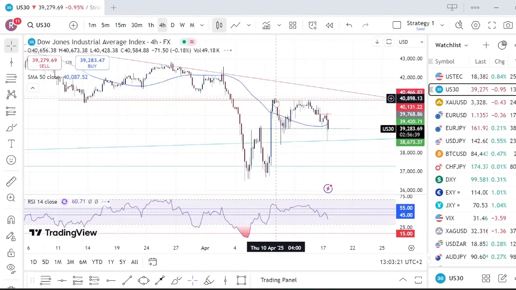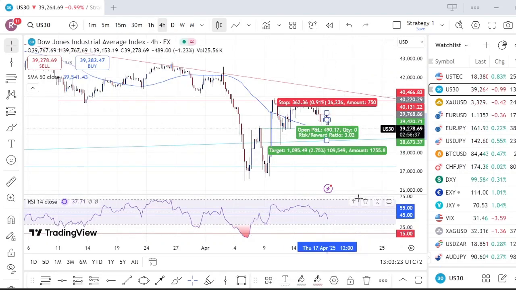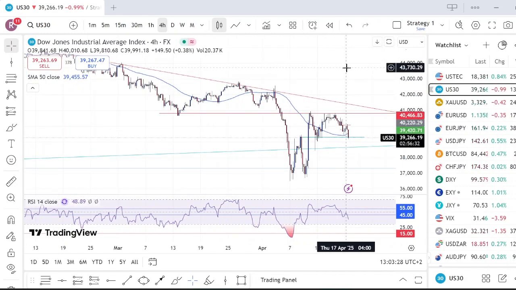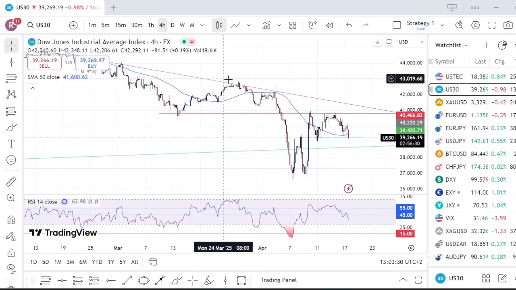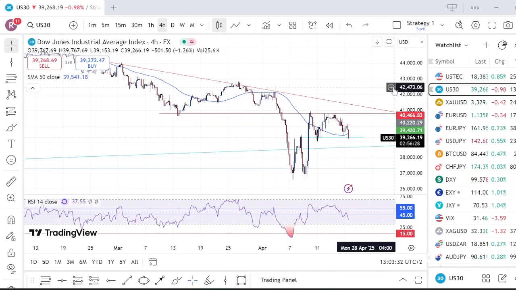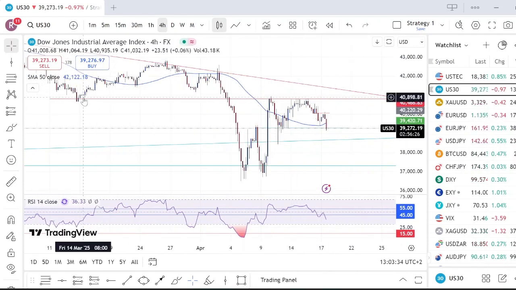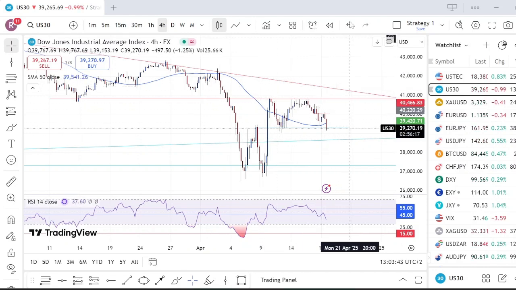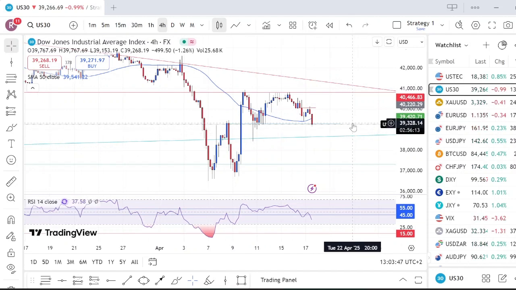Let's move on to US 30. So US 30 is very much showing us similar structure to NAS 100. We have our structural lower highs being formed here in the bearish resistance trend. We have a break and retest at 40,800, and we can see that markets broke below, came back, tested this level twice, and is making lows from there. That being said, we have a break and retest level for the upside at